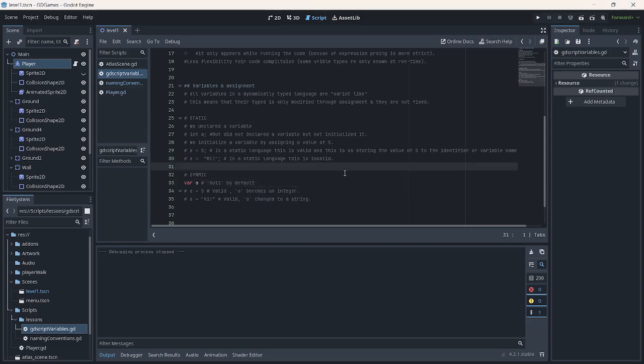So I hope that's clear with regards to the dynamic and static differences. One thing that I just found out today is a question that I have in mind: how can I perform debug log or console log in the GDScript language?